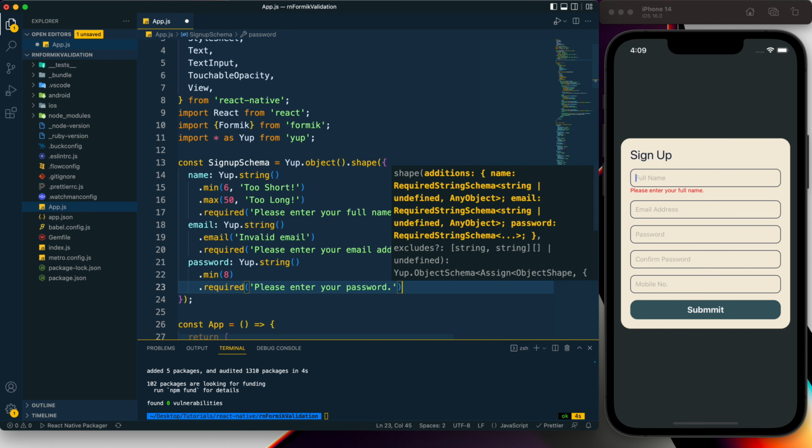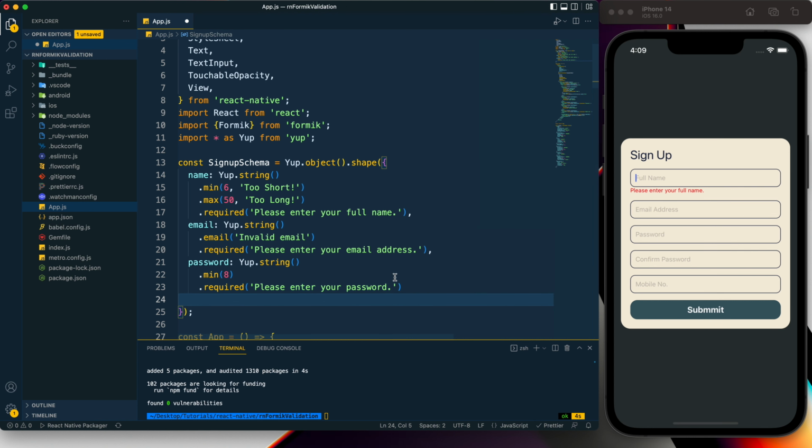And this message I want to display, and along with this I will provide a regular expression where it will check for the password combination. So the password must contain at least one uppercase, one lowercase letter, one number and one special character in it, and it should be 8 characters long. So that is the regular expression which I am going to use, and to use the regular expression we need